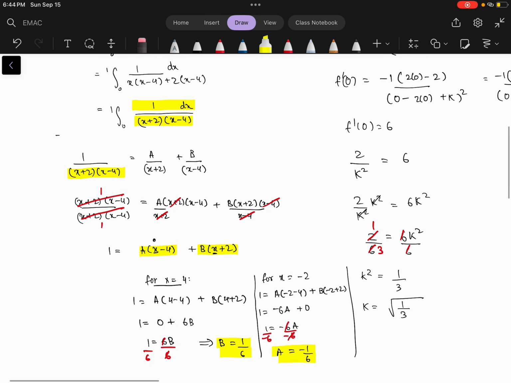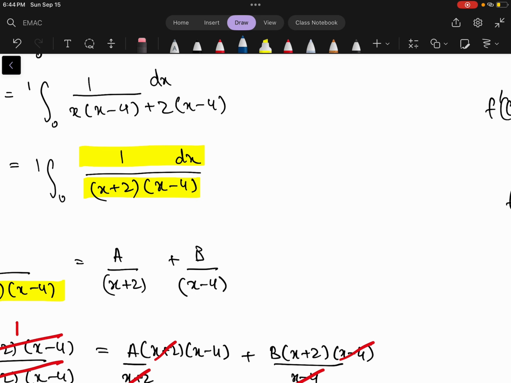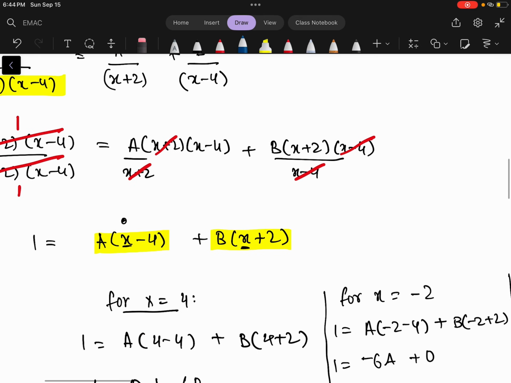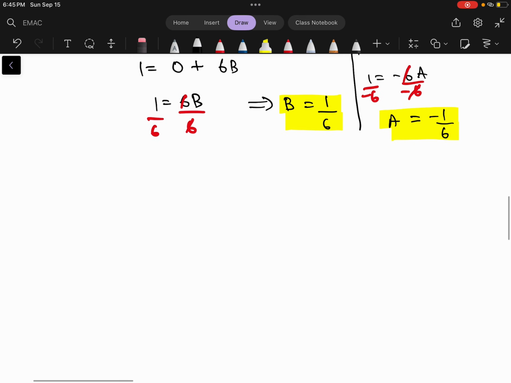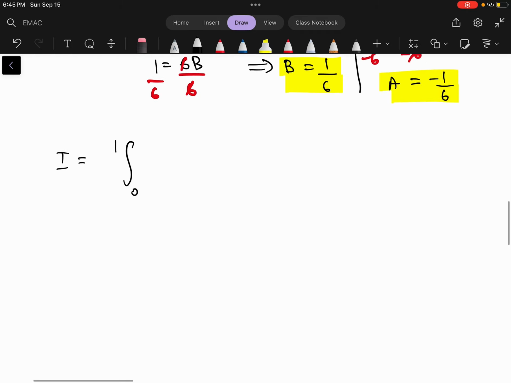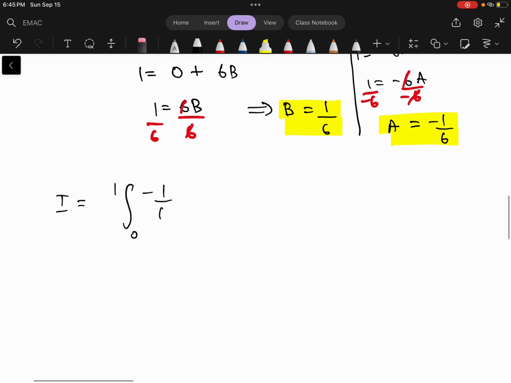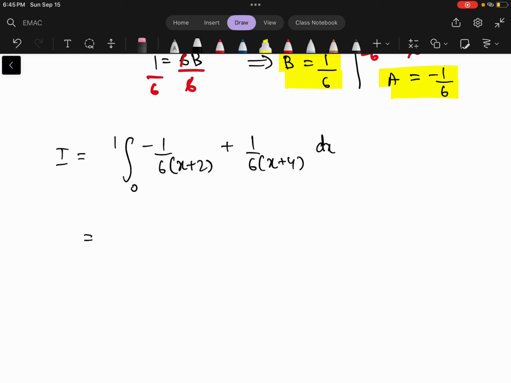Now we're just going to simply rewrite this original integral using a and b. So that would be I is equal to a over x plus 2, where a is negative 1 over 6, plus 1 over 6, b is x minus 4. Right, now we're going to use a couple properties of integrals. The first one, we're just going to divide this into two separate integrals. So that's 0 to 1 of minus 1 over 6 x plus 2 plus, this is the second integral,